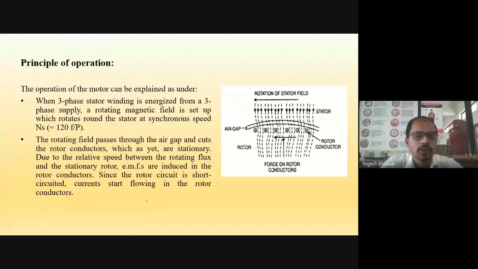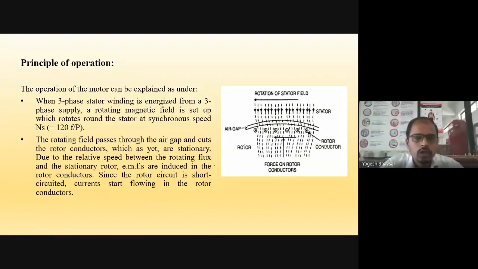So now previously we have seen all the concepts that will be related to the working of a three-phase induction motor. Obviously, the actual working principle for any type of motor is what? The current carrying conductor placed in magnetic field experiences a force, whose direction is given by Fleming's left-hand rule, and the cause producing it opposes that cause. This is stated by Lenz's law. So both these laws play an important role in the operation of the motor.